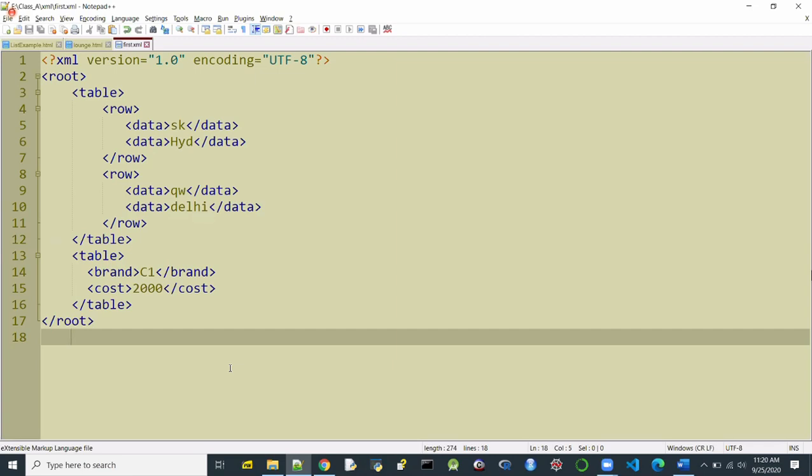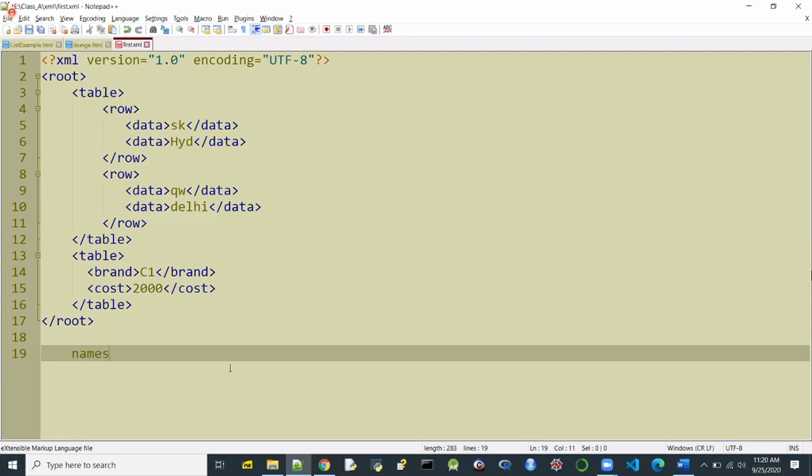The only way we can resolve the name conflicts is by putting the names inside something called closed spaces. And these closed spaces are technically called namespaces.